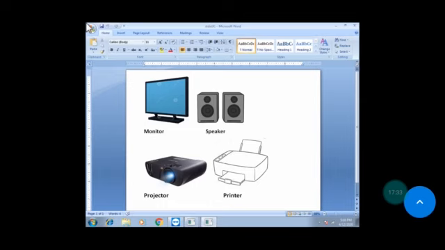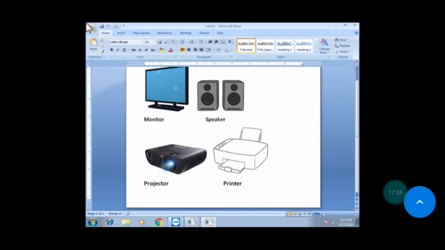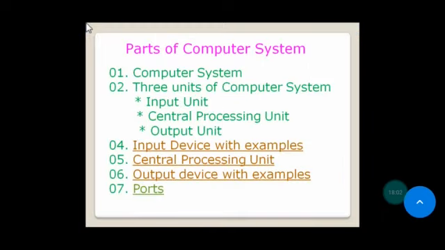Second, speaker. It plays back all the sound based output. Third, projector. It is used to project images or video from computer on a large flat screen. Next, printer. It helps to print out the visual output on the paper as displayed on the monitor.